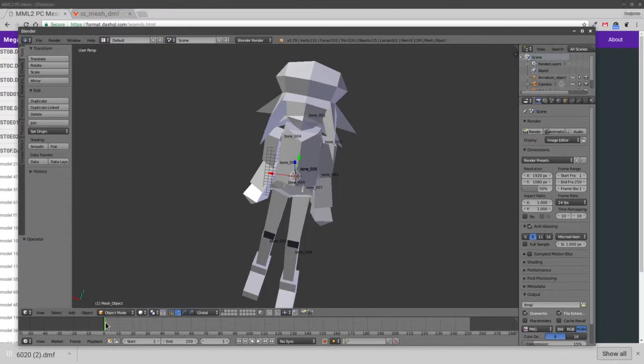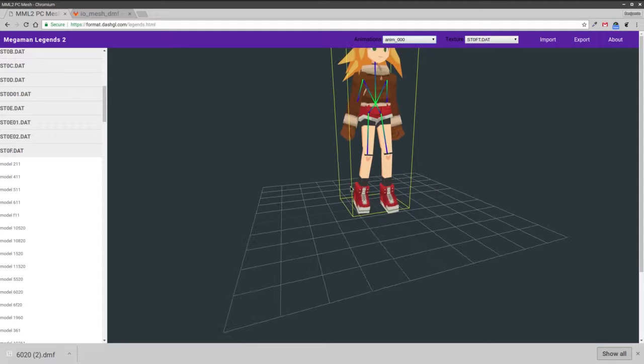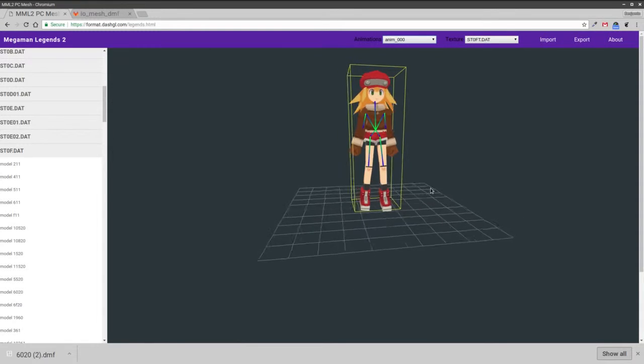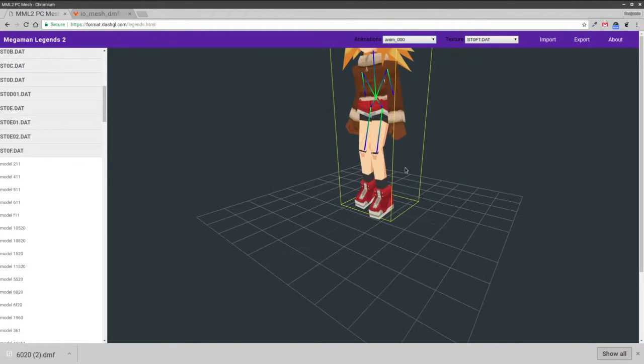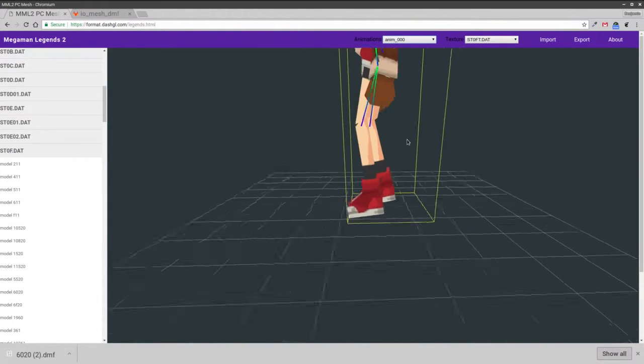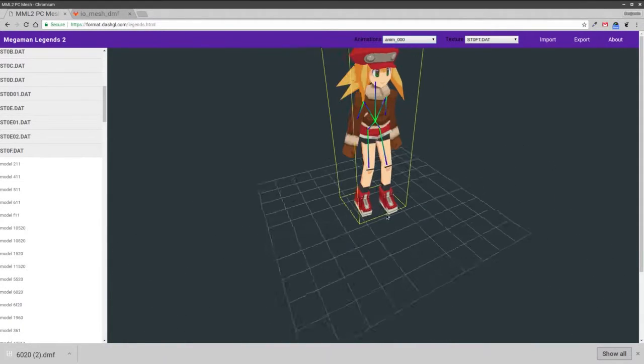roll should be in the waiting animation. It's not perfect, but it's there. It's at least a proof of concept for animations. So that's where I'm at right now. Looks like I need to look at the meshes for the joints to try and see if I can get those working better, and then